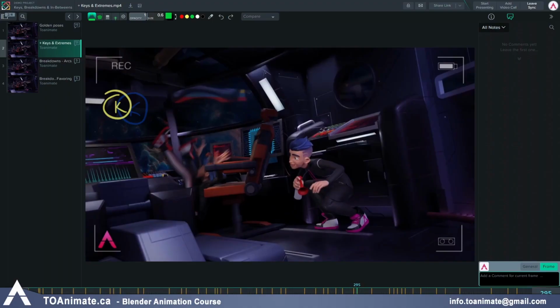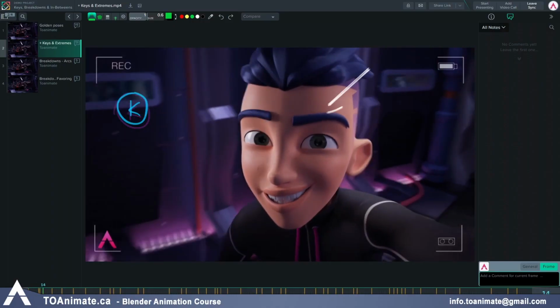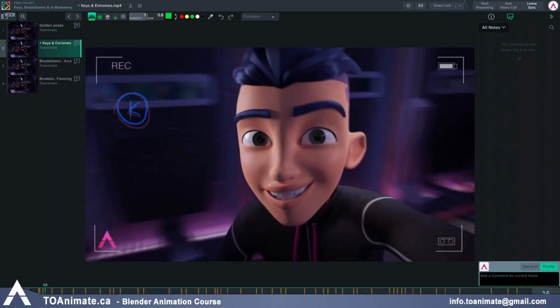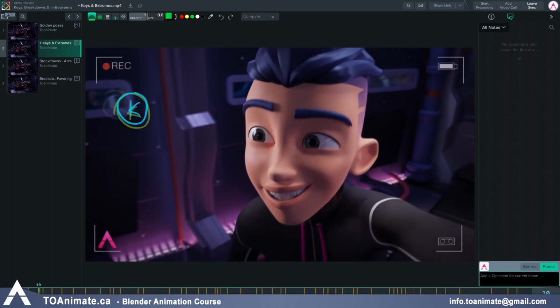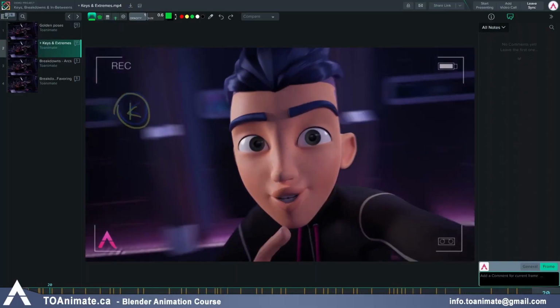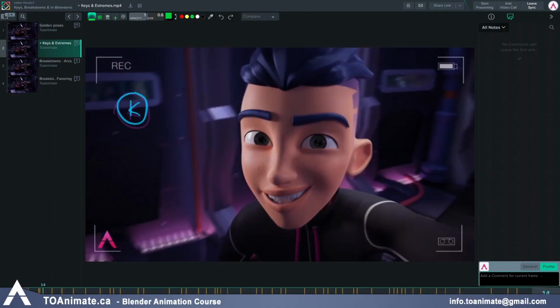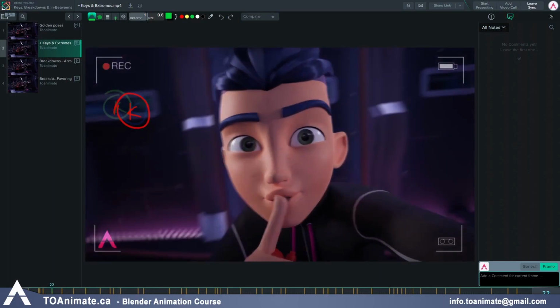Other things you'd want to key would be, for example, overshoots of parts of the body past the key position. Now we have an example here. If we go to frame 14, for example, here's an extreme pose that we made, but instead of going from the previous pose directly up, it first travels down first. So let's take a look at that. You can see that the eyebrows are going down here, and then they start going upwards into that key pose. And so we had the extreme of it coming down on frame 14 and then hitting this key pose on